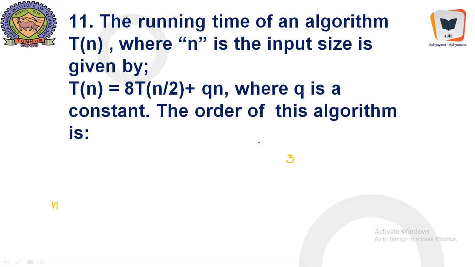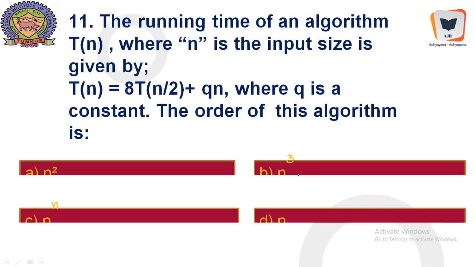The order of this algorithm is. So as soon as you see the complexity equation written this way, it should point to a recurrence relation. Such recurrence relations arise if the algorithm is designed using the divide and conquer technique. In order to solve such a recurrence relation,